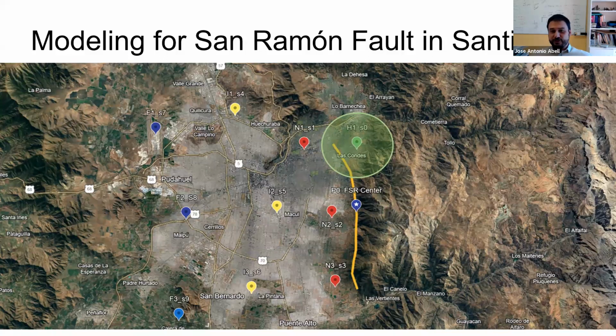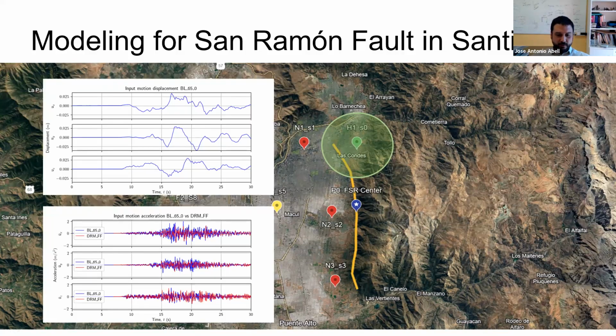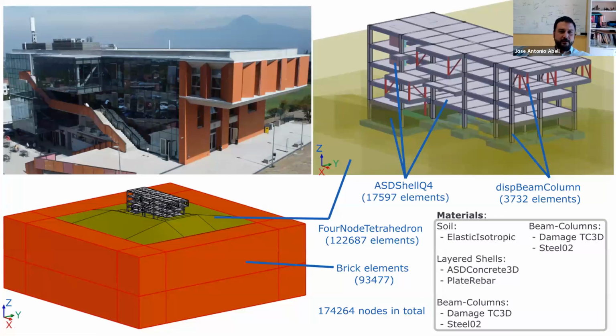So let's go first to check out what's going to happen to me. So let's see what happens at the engineering building at Universidad de los Andes. After you simulate the motions, you get this kind of response. Note that I'm just showing the first, in this case, 30 seconds of motion. This is going to be a fast event. This is what the motions look like. And so then the model that we want to run is the engineering building over here at Universidad de los Andes,